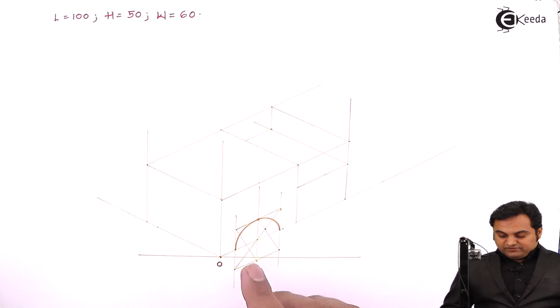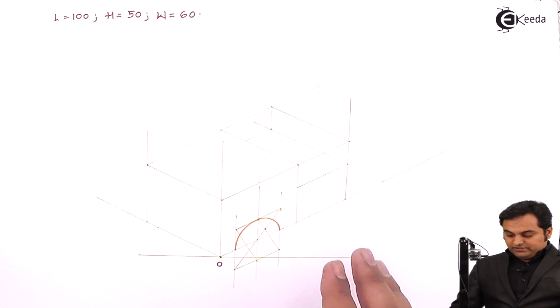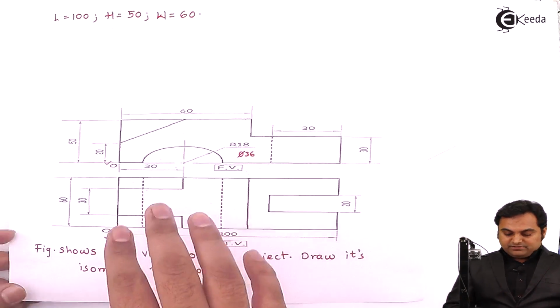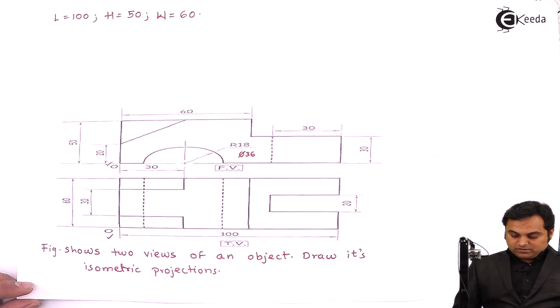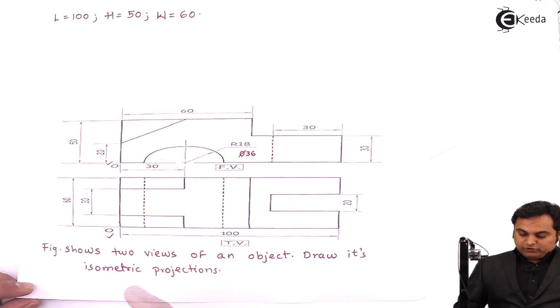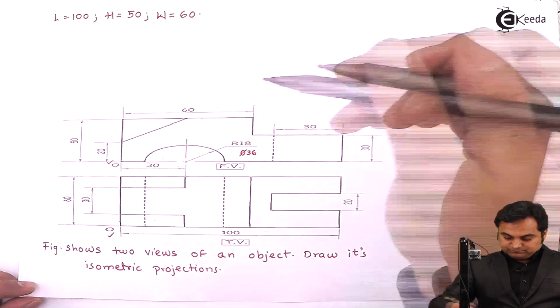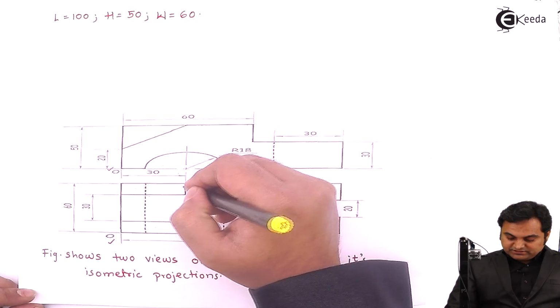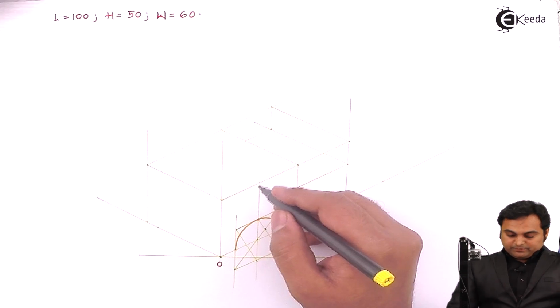Next, after completing this, light I leave it as it is. We are going to make it dark at a later stage. Then this surface, as can be seen from the front, it is inclined, and now I have to get that surface. So for that, if I can see here, this surface and the center line, they are coinciding. So this center line will be projected up,